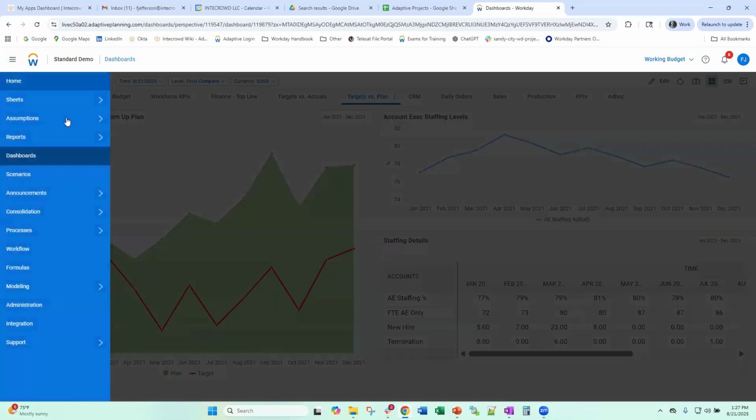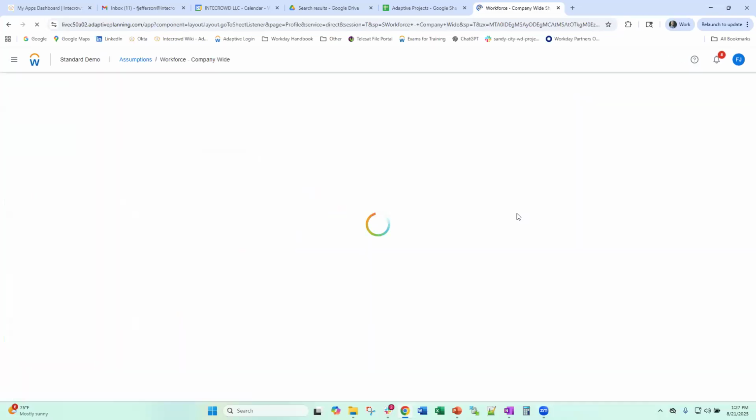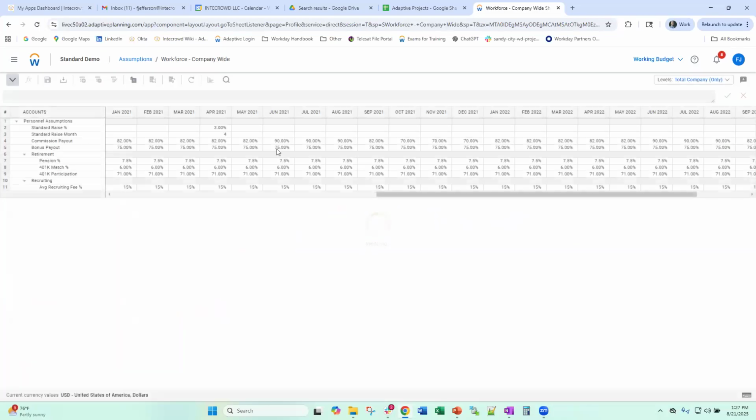I mentioned assumptions. I'll go to an assumption sheet real quick. There are some global assumptions behind the data that I've showed to this point. For example, standard raise and standard month. If you're using this to budget for merit increases that are taking place in April, you've got a global assumption here. If for some reason you wanted to test out your data and instead of a 3% raise in April, you wanted to give a 4% raise in July, you can make this adjustment,